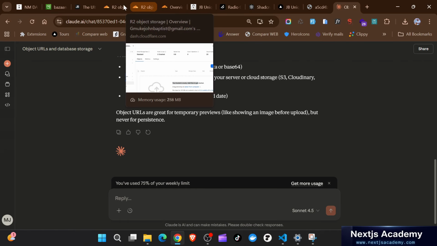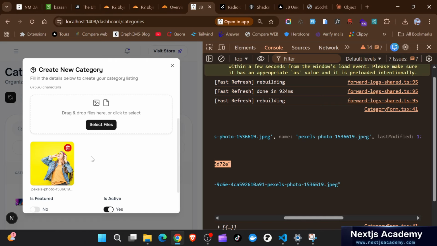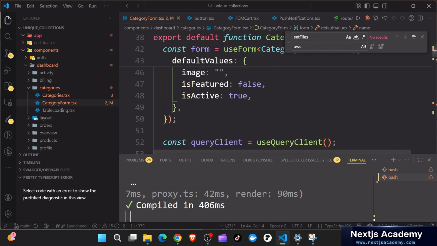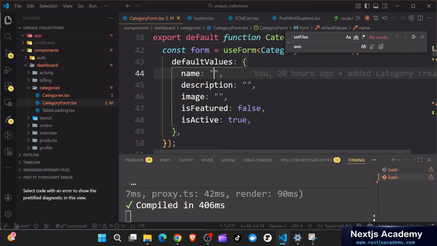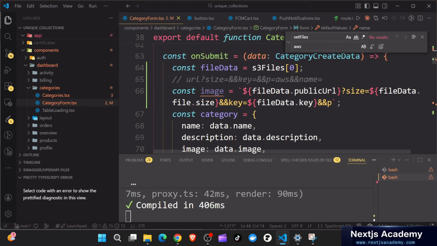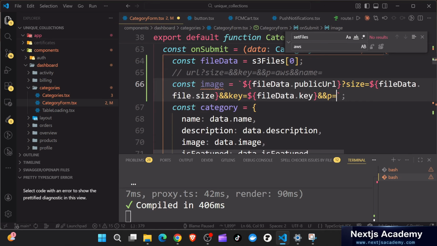Okay, so now what I need right now is to store that information. Let's continue and store this. Let's not get distracted. So on here we are constructing our image, and now that we have it, it is file data. Sorry, so it's going to be this. So I'm just going to say file data dot